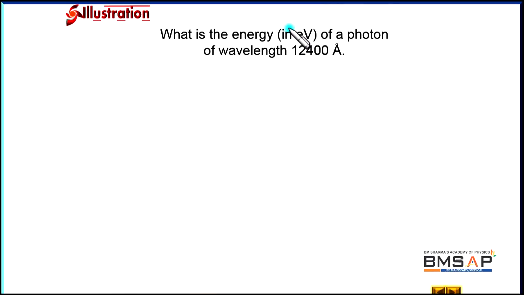If we want to convert this energy into joule, we multiply with a factor that is equal to 1.6 × 10^-19. Okay. So, we know the expression for the energy of a photon. We can write E = hf or hc divided by lambda,